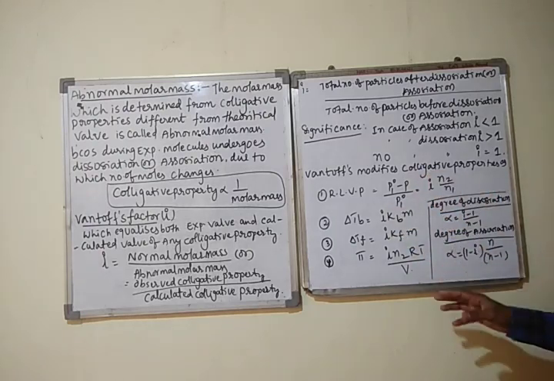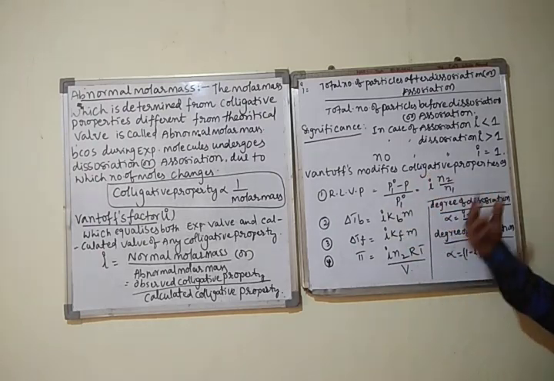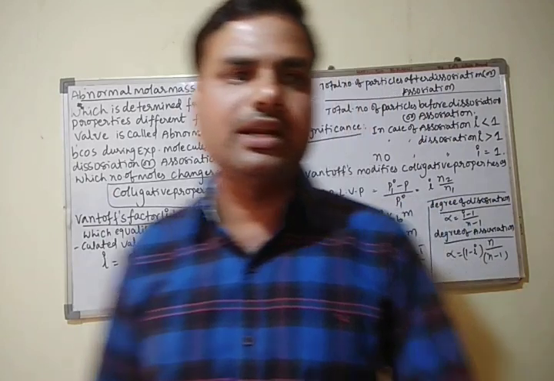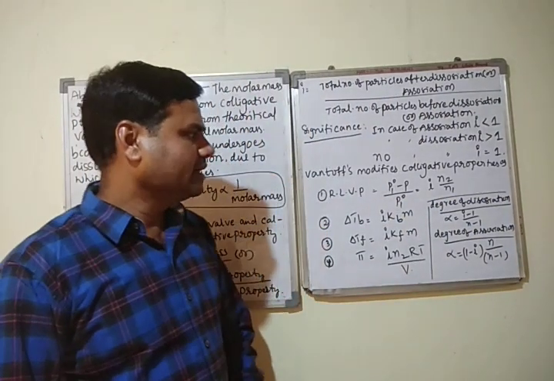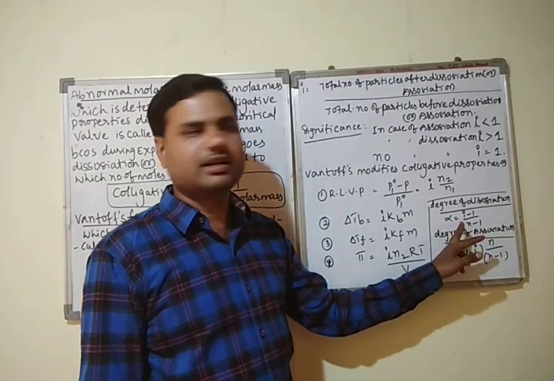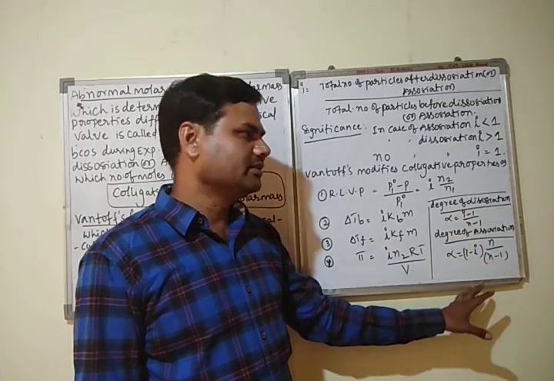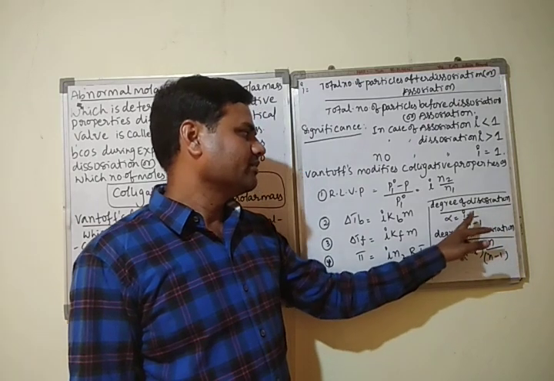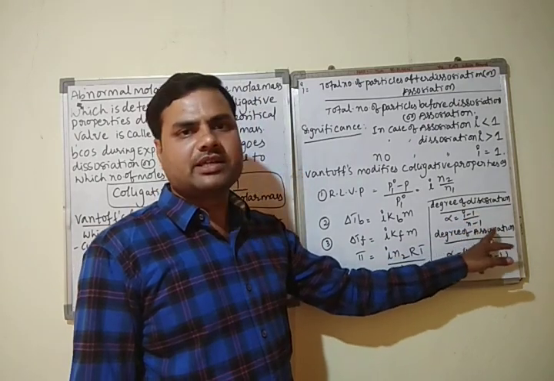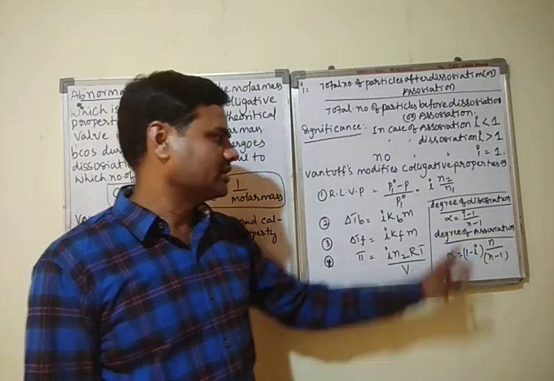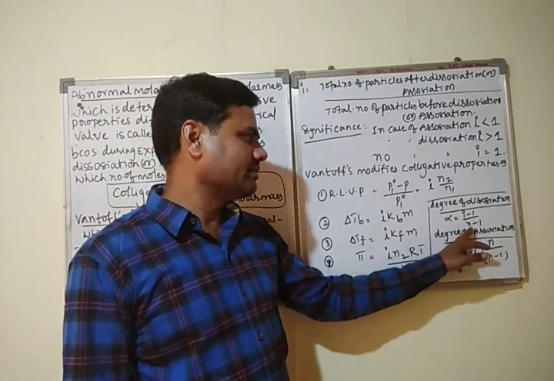Van't Hoff factor, right? And now, in case of this Van't Hoff factor, we need degree of dissociation because we are using the terms dissociation and association, right? And what is the degree of dissociation? Degree of dissociation can be calculated by the formula directly. See, actually we have some derivation, but now I am writing direct formulas here. Degree of dissociation alpha is equal to, we have the formula (i minus 1) by (n minus 1). This is the formula used for alpha, meaning degree of dissociation. That is, the formula is (i minus 1) by (n minus 1).